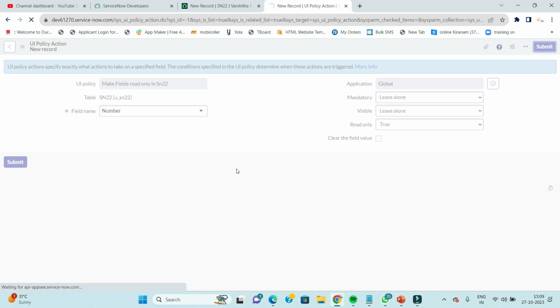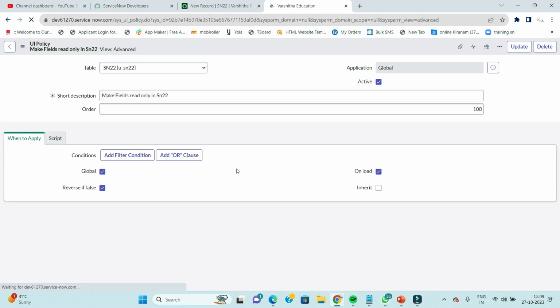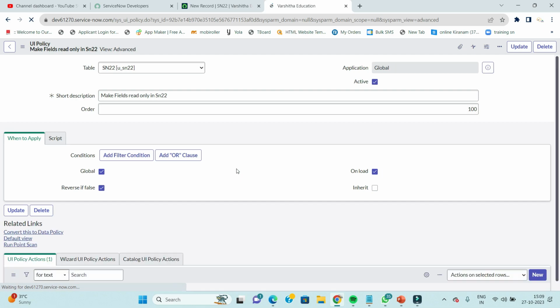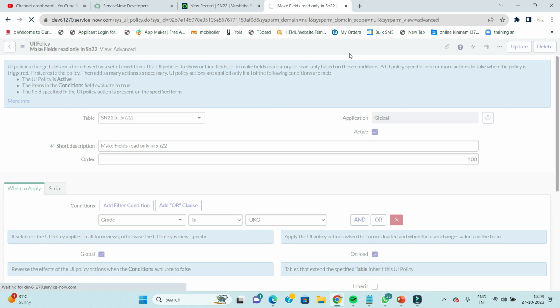Okay, so that's all, very simple. If a field is changing, then automatically the number field will become read only when the grade is UKG. Now I'll check it again. I'm going to right click on the header and I'm going to say